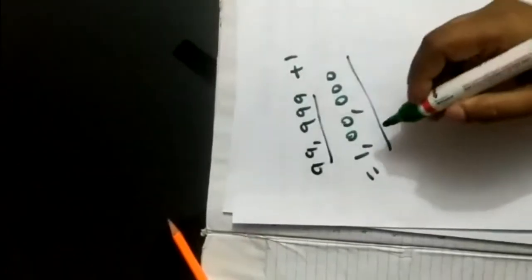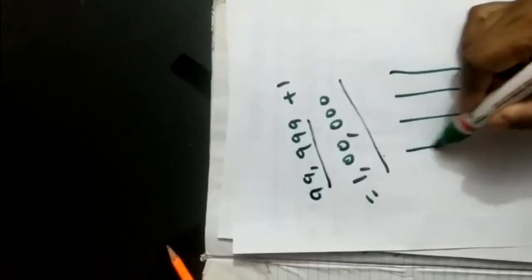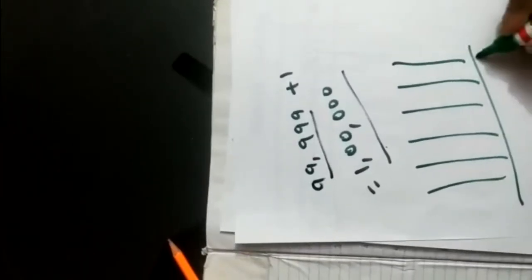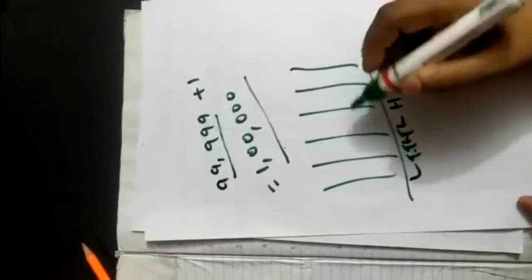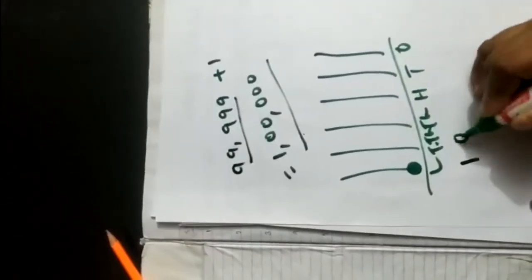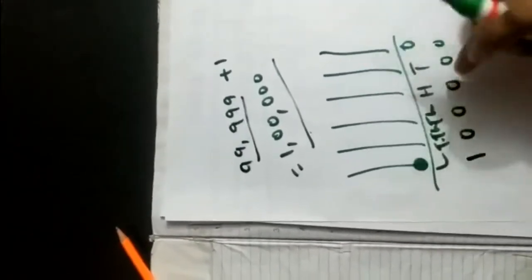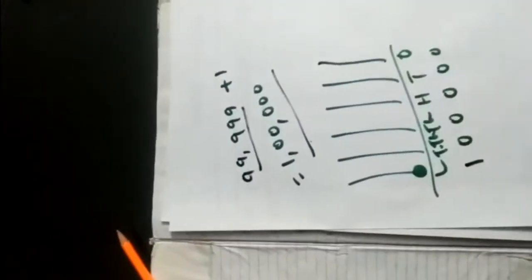So here the periods are there. If you want to show a 6-digit number on an abacus, for example, let us show the smallest 6-digit number. For the abacus, the 6 places are ones, tens, hundreds, thousands, ten thousands and lakh. There will be only 1 in the lakh position and the rest are zeros. This is the abacus which shows 1 lakh. Similarly we can show other numbers on the abacus.